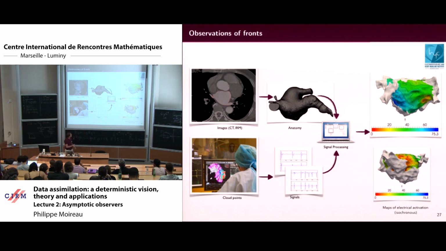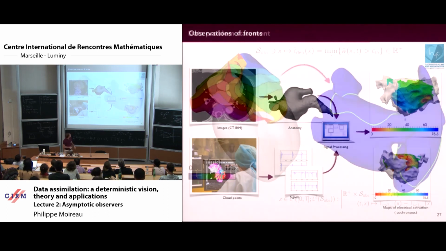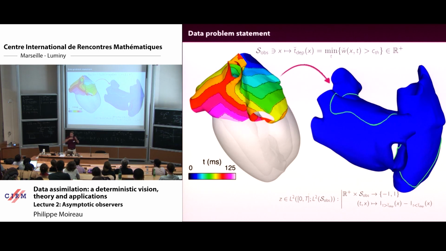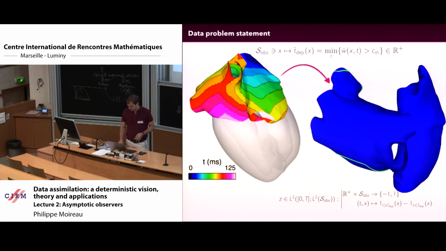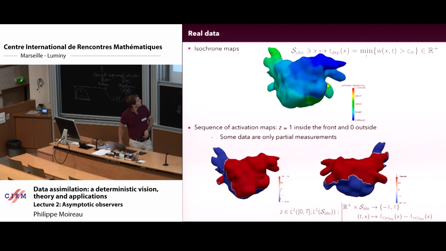It's ill-posed. But basically they end up post-processing the signal to this type of maps where you see the time activation. It says that in this zone, the activation has passed at time t given by this color. So you have a correspondence between having this isochrone and having data which is a front. So basically, to have that on a static image corresponds to have this data in a dynamical situation. So for the real data, you see?